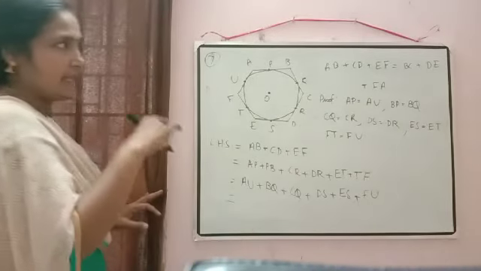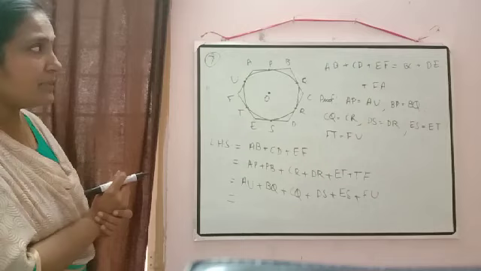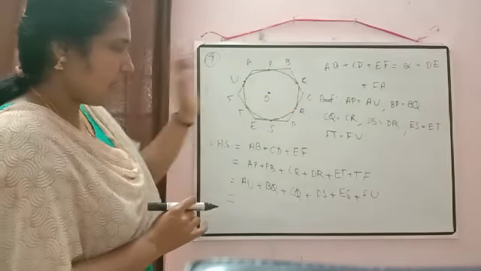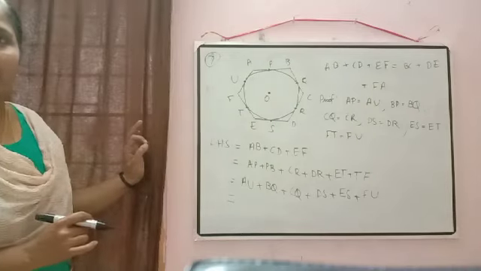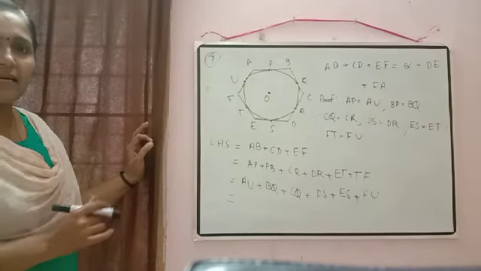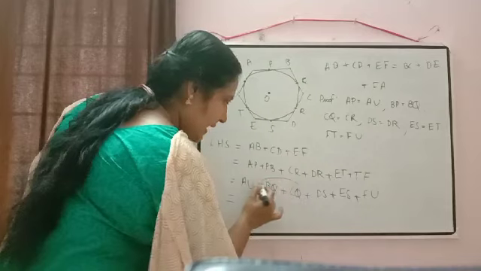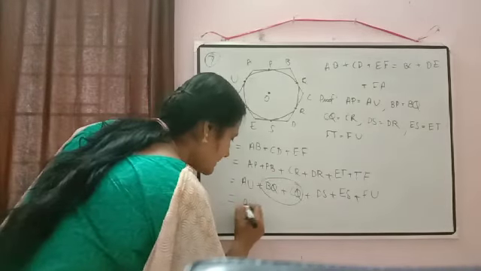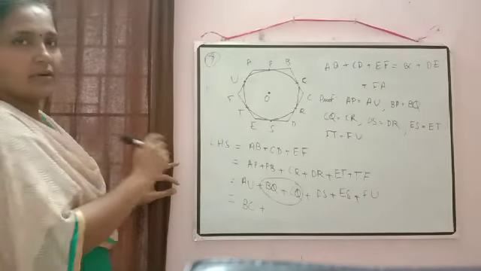Now just to check there. In the right hand side, we want the side BC. So BC will come when you have the sides BQ and QC. So just to check whether you have the sides BQ and QC. Yes, here we have the side BQ and CQ. So together we can write that as BC. So first side we got there.